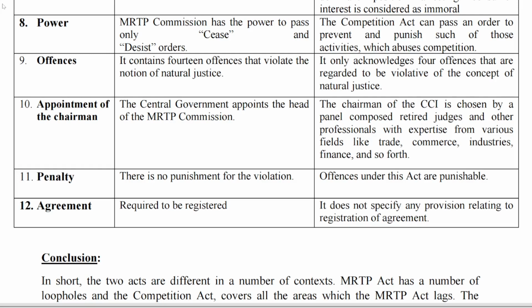Tenth point, appointment of the chairman. The central government appoints the head of MRTP Commission, whereas in Competition Act, the chairman of CCI is chosen by a panel composed of retired judges and other professionals with expertise from various fields like trade, commerce, industries, finance, and so forth. Eleventh point, penalty. In MRTP Act, there is no punishment for the violation, whereas in Competition Act, offences are